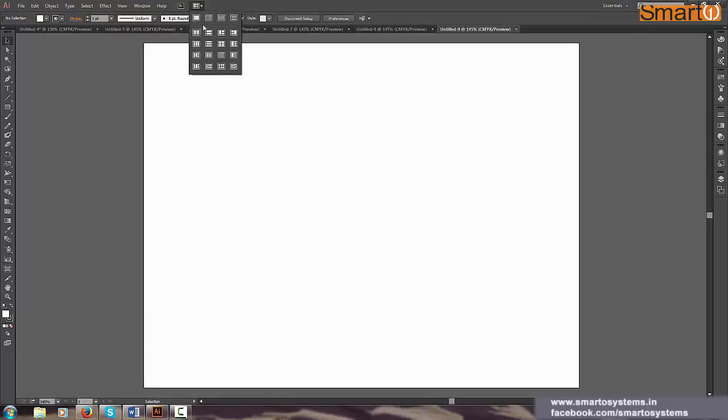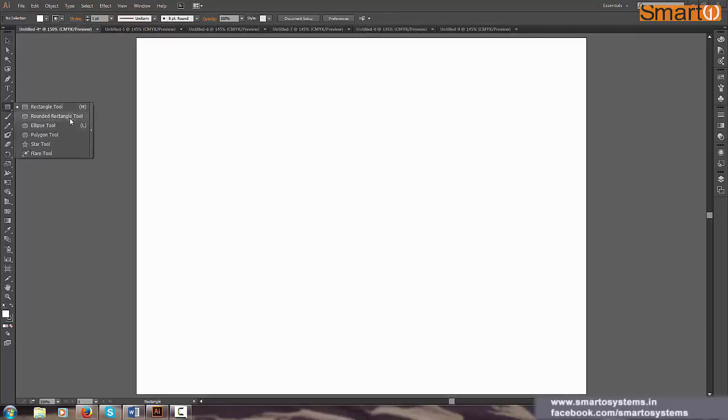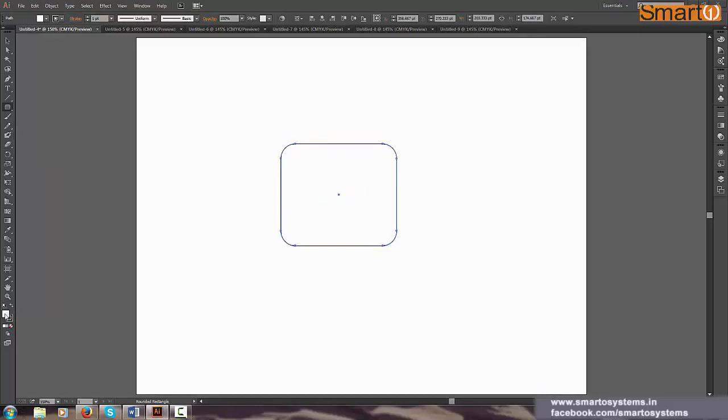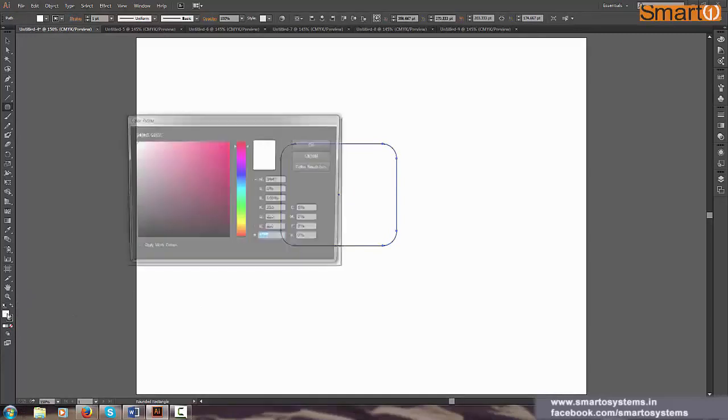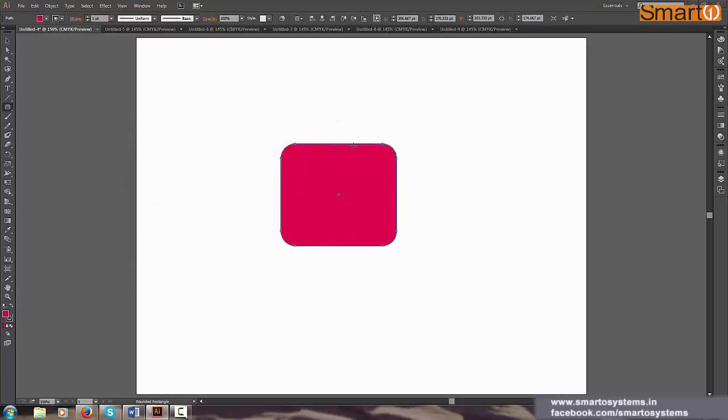But all this will do is arrange my documents. So let's say I have multiple documents open. This will arrange my documents in such a way that all of them are visible in a single window. Right now I can see just one of them at a time. Either I can see Untitled 7 or Untitled 8, and right now they all look the same. So I'm going to draw a rectangle in all of them and change the color so that it's clearer which document I'm in right now. So we'll see.